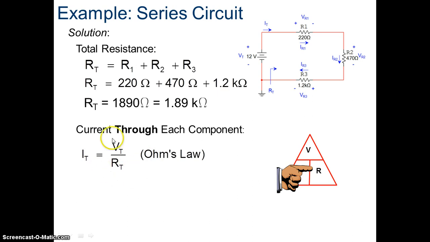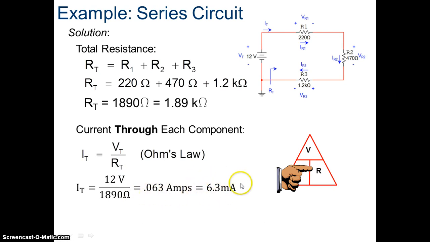Once we solve it for current, we get the total I is equal to the total V over the total R. We know that our total voltage is the voltage that the battery is providing, 12 volts, and our total resistance is what we just got, 1.89 kilo ohms or 1890 ohms. So when we plug that in, 12 volts over 1890 ohms, we get 0.063 amps,